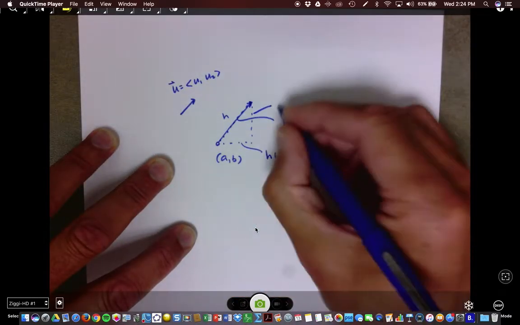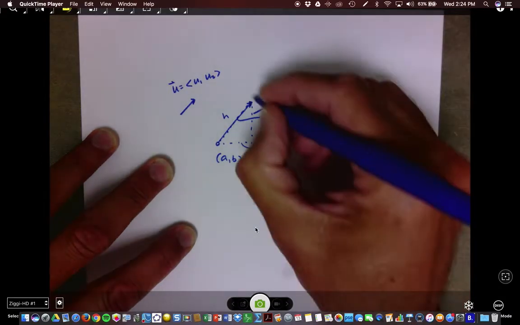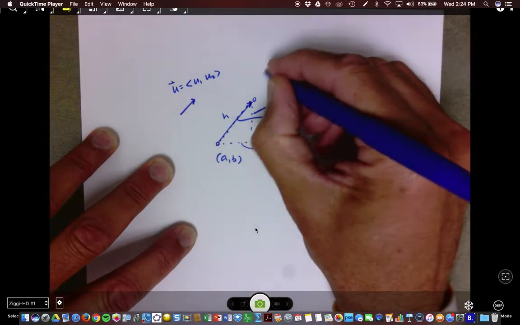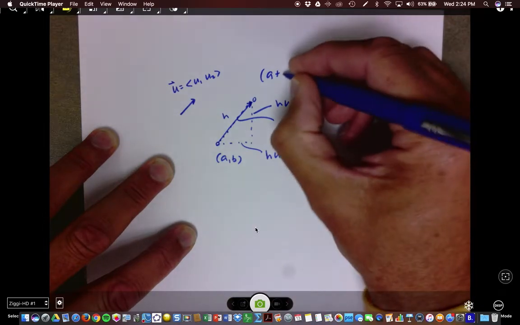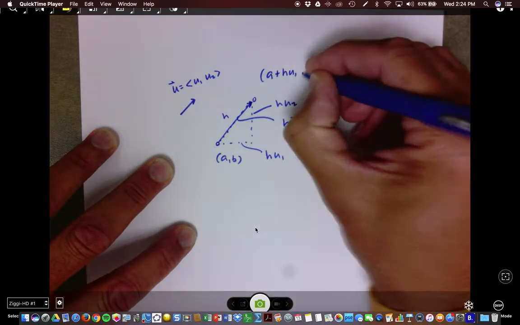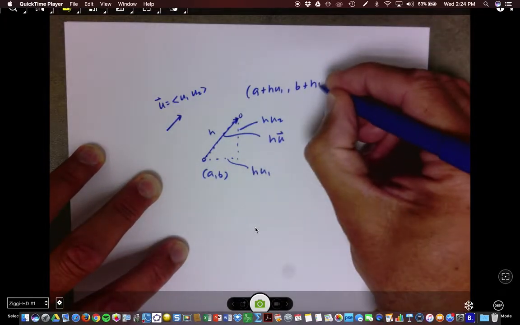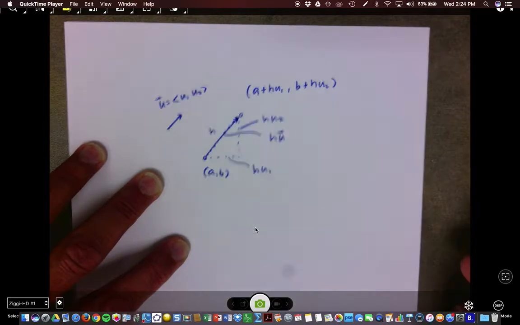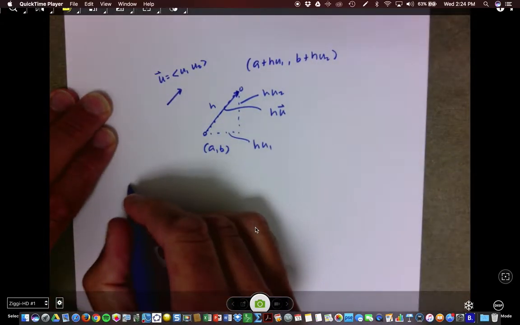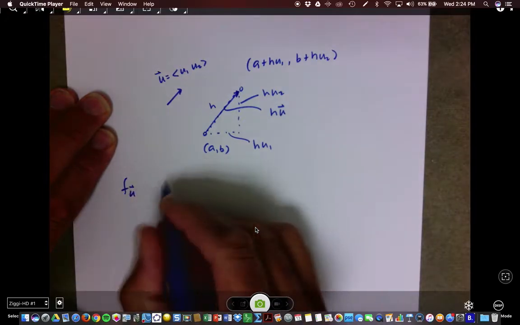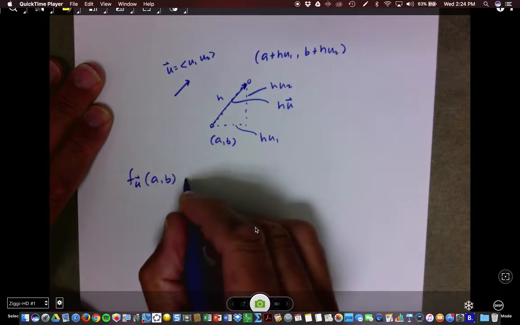And this displacement would be h multiplied by u2. So the coordinates at this point here would be a plus this change in x, h u1, and b plus h u2. All right, so in looking at this directional derivative, f in the direction of u evaluated at (a, b) is going